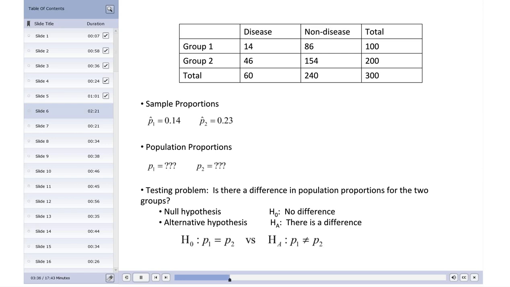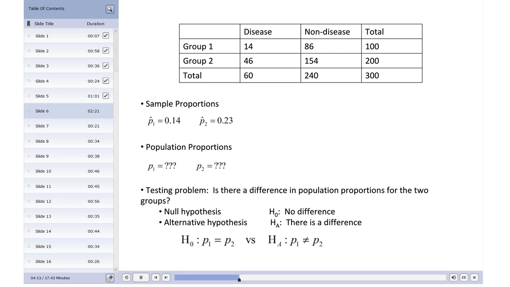So to go back to an example from earlier, if the disease in question is some kind of a respiratory disease, and if Group 1 represents non-smokers and Group 2 represents smokers, then what we really care about is what proportion of non-smokers in the population have the disease, what proportion of smokers in the population have the disease, and is there a difference between those two proportions? The problem is that we don't actually know what the population proportions are, because in order to determine those, we would have to talk to every single non-smoker and every single smoker and figure out for each person if they have the respiratory disease or not, and that would take way too long to do,